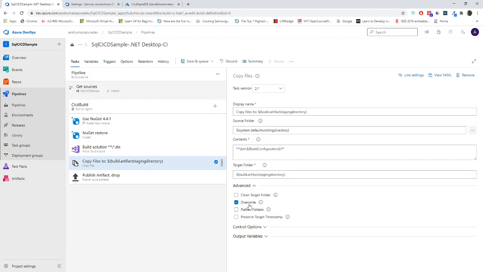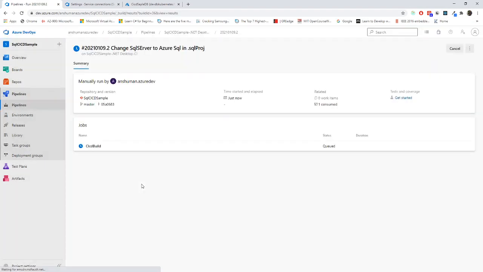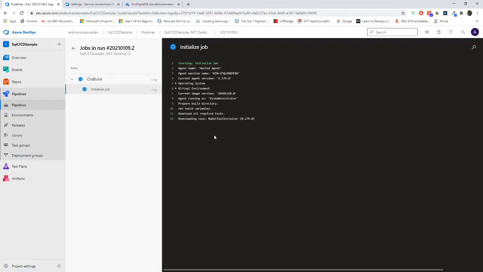That's it. Override got completed. I will save it and I will queue it. Now I will go over here into my pipeline. My CI pipeline got triggered. We will just wait for the new .dacpac file generation.